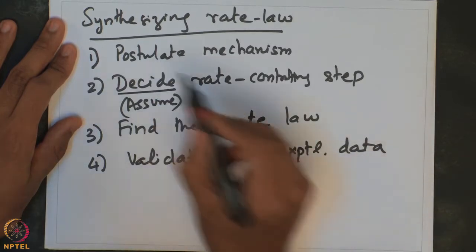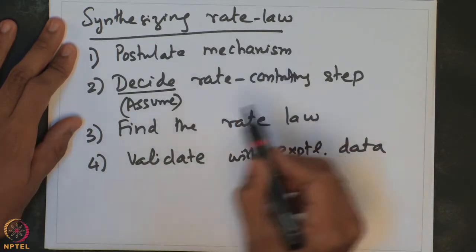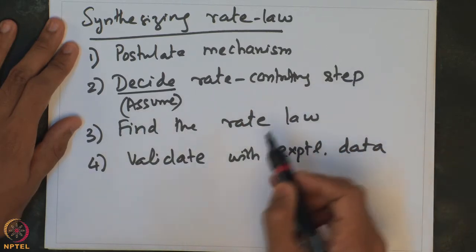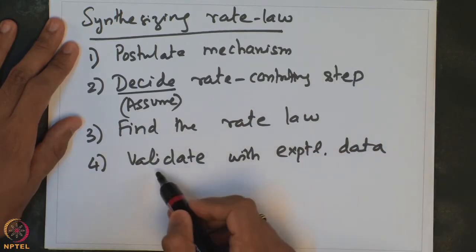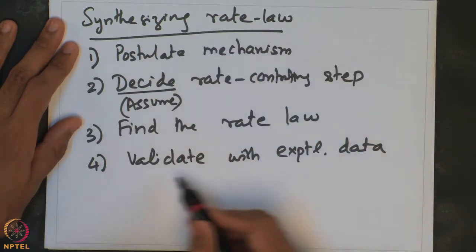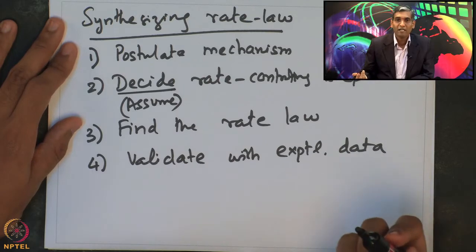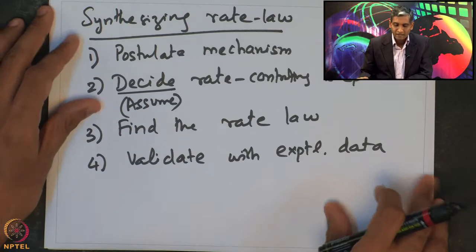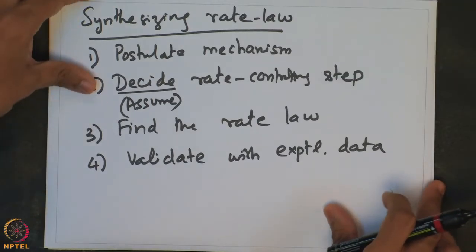If the proposed mechanism or the assumption of which one is the rate controlling step, which leads to a certain rate law, does not satisfy the experimental data, then we need to iterate on this, repeat this process till we get the right model and the correct rate law that actually governs the particular process we are looking at. So, we will synthesize the rate law for a specific example of